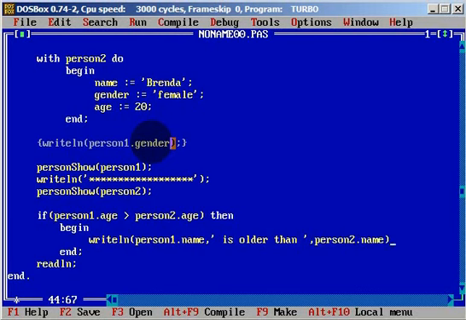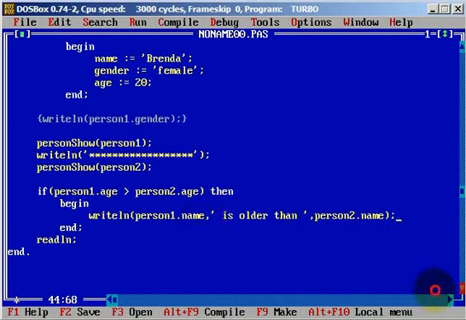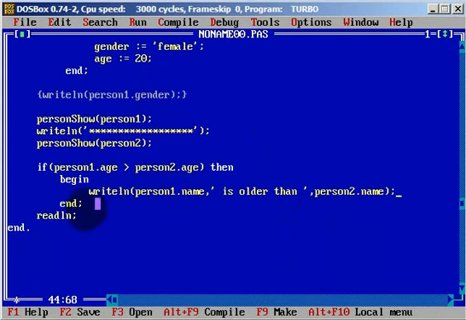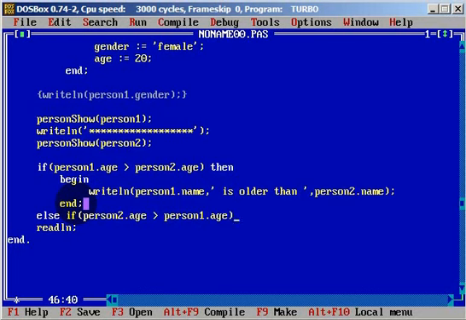Okay, and now we will have one else if statement, and it will be vice versa. Person 2 dot age is greater than person 1 dot age, and we will have then